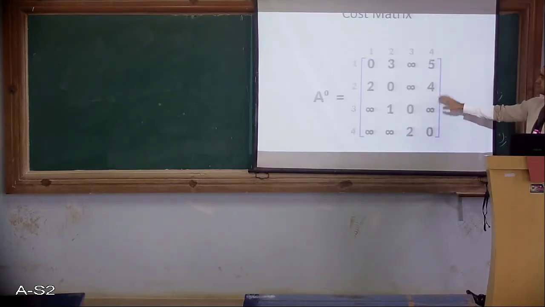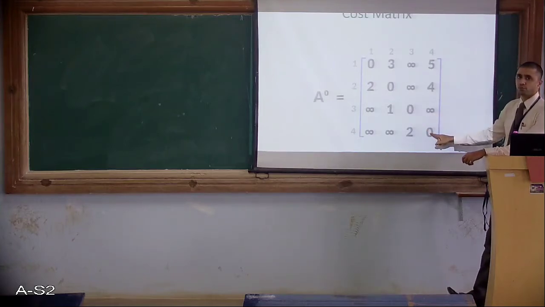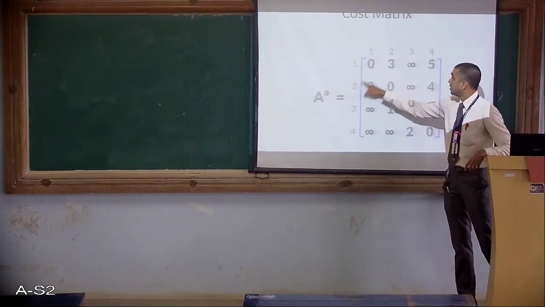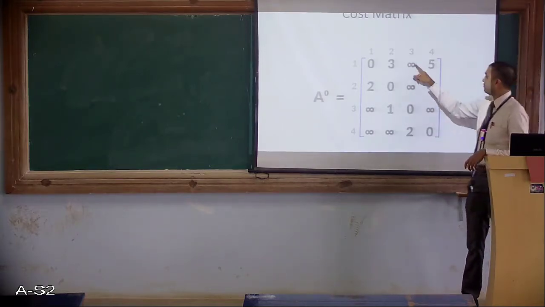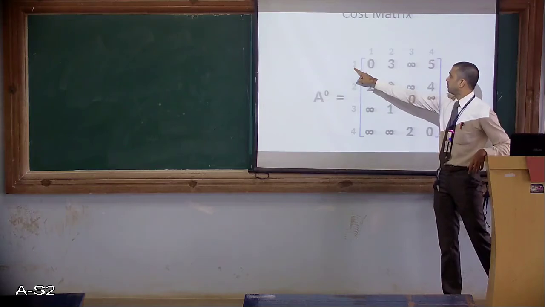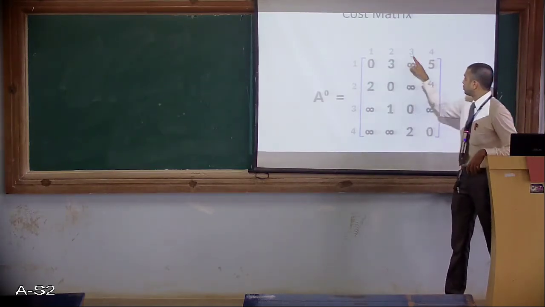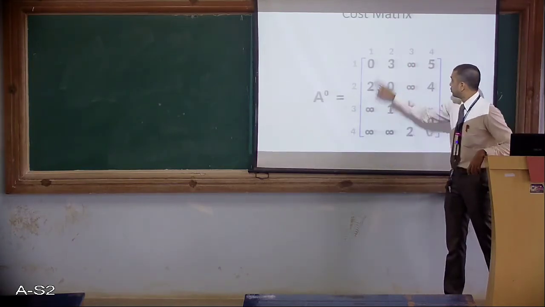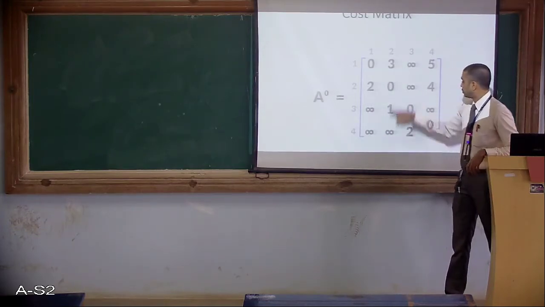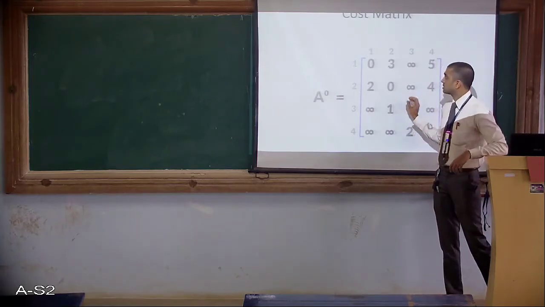When we do it for the remaining vertices, this is the cost matrix that we will get. Let me explain once again. All these diagonals will remain 0 because there are no self loops. 1 to 1 is 0, 2 to 2 is 0, 3 to 3 is 0, and 4 to 4 is 0. Wherever there is infinity, it indicates that there is no edge. 1 to 3, there is no edge, so it is infinity. 2 to 3, no edge, infinity. 3 to 1, no edge, infinity. 4 to 1, no edge, infinity. 4 to 2 also no edge, hence infinity. I hope till here it is clear to all of you. So this is called a cost matrix.